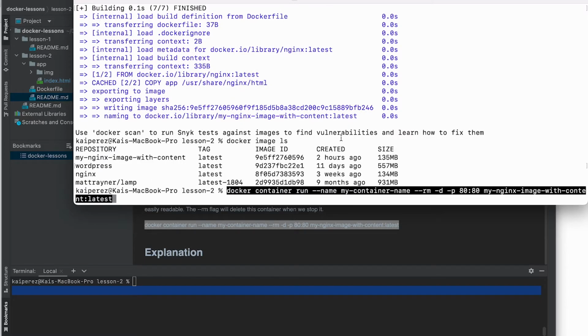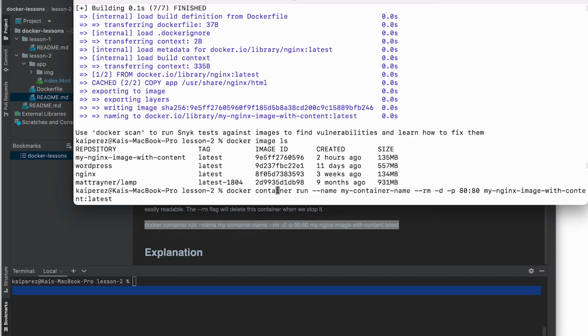So we'll just copy and paste this code here. This is going to run a container with the image that we just created, right? So my Nginx image with content, and the tag is latest. That's the tag that we gave it, and we'll go into tags in an aside in one of the future videos, but just run this code and try to follow along. This rm here, when I stop the container, it's going to immediately terminate this container because we don't really want this. We're just testing things out. It's going to run it in detached mode, so it'll free up our terminal during runtime. And we're going to access this from port 80.